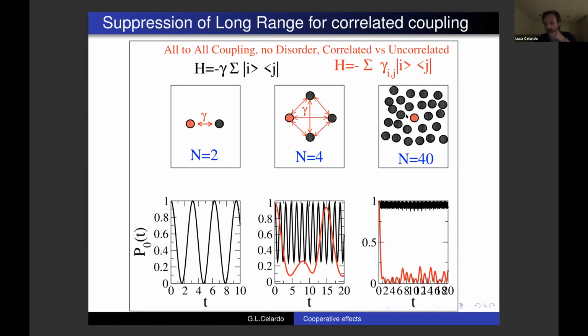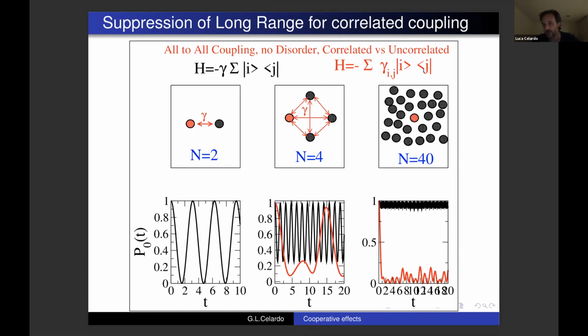to all the other sites, either with a correlated hopping or with an uncorrelated hopping. And the differences are striking. For a correlated hopping, so if the hopping amplitude is all the same, basically the particle doesn't go anywhere. It stays put where it starts, which is counterintuitive because you can go anywhere with the same amplitude, and so you would expect it to spread very fast. And this is what actually happens